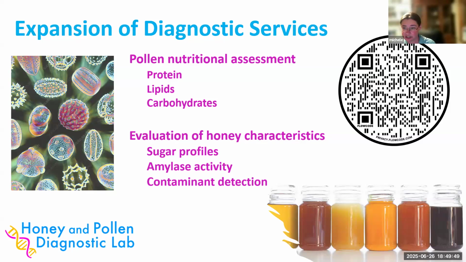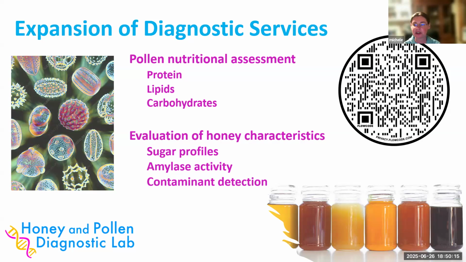We also have a lot of researchers that are looking for that because they're trying to study the many causes that can result in colony collapse. Although I think we all know that most of that's probably being caused by the mites now and the deformed wing virus. But we're getting a lot of requests for just nutritional evaluation of pollen samples, both from researchers and from beekeepers.